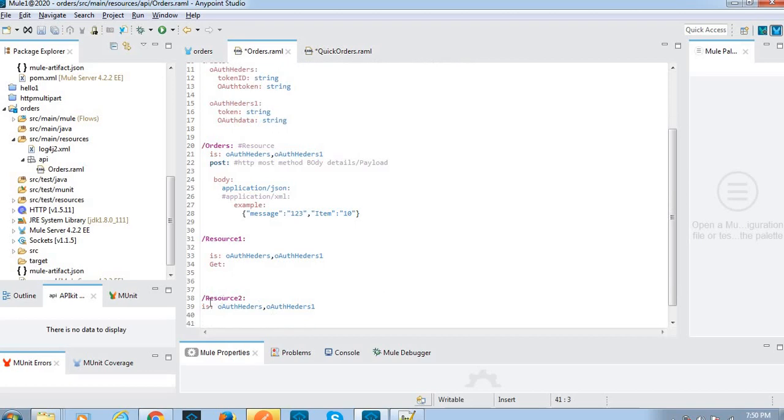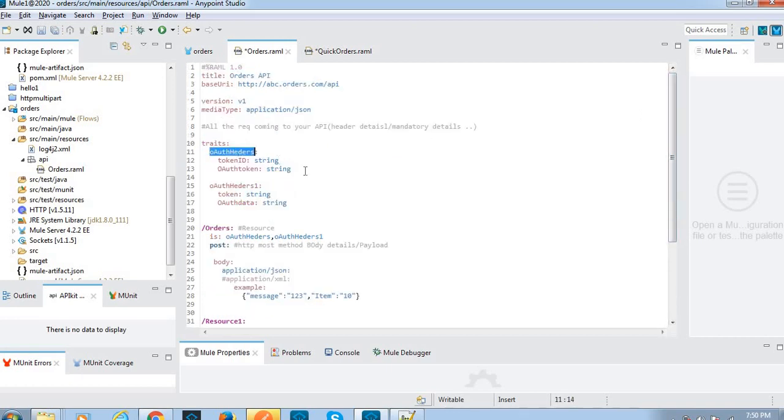For this also, get method. Like this way we can implement the security for every method using this trait, nothing but functions. This is nothing but one function. This is nothing but one function.